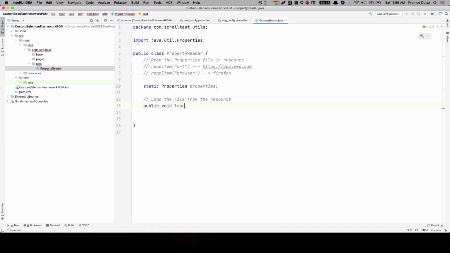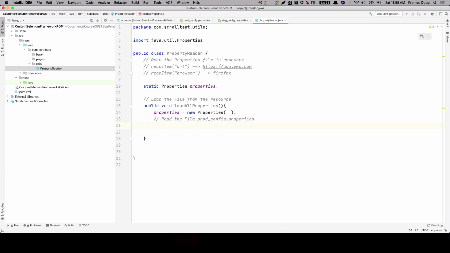We will create a function and call it load all properties. This will only load all the properties, and it will load only once. So we can say property is equal to new Properties, and here we are going to read the file, let's say prod config dot properties.